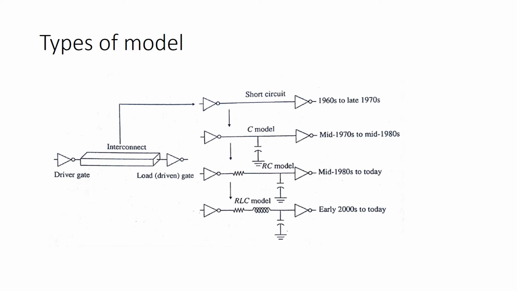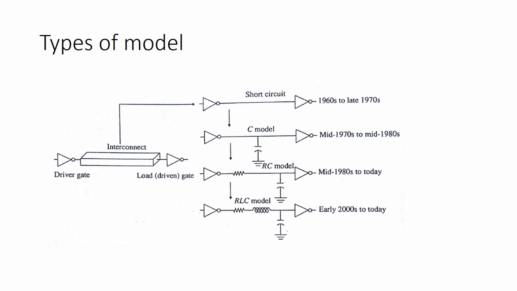At that time, the operating frequency of the signals traveling through the chip was in the order of kilohertz, very low frequency. So the wires were not giving any parasitic effects, and as a result the wires were modeled as a short circuit. Then in 1970 to 80, packing density increased, and we scaled down the devices. Not only that, we scaled down the interconnects.